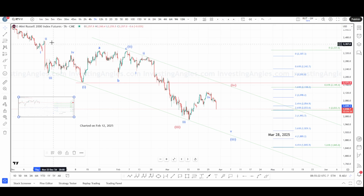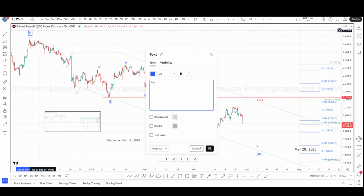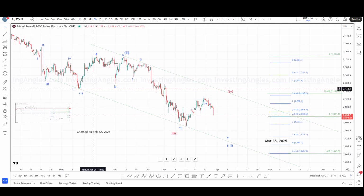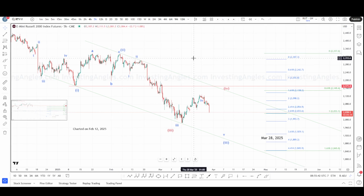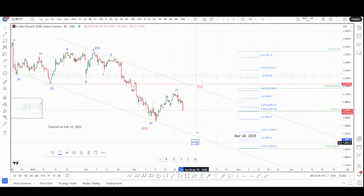What we are seeing here is a wave from the top, potential impulse. Let me mark it as a top. So potential impulse 1, 2, 3, 4, 5, wave 1, 2. It could also be wave A and B, but we are tracking the impulse so far because of its clarity. Now we are looking for wave 3, and now potentially this would be wave 5 of 3. If this happens, then we would be looking for another bigger wave 4, which might take maybe even a couple of months,